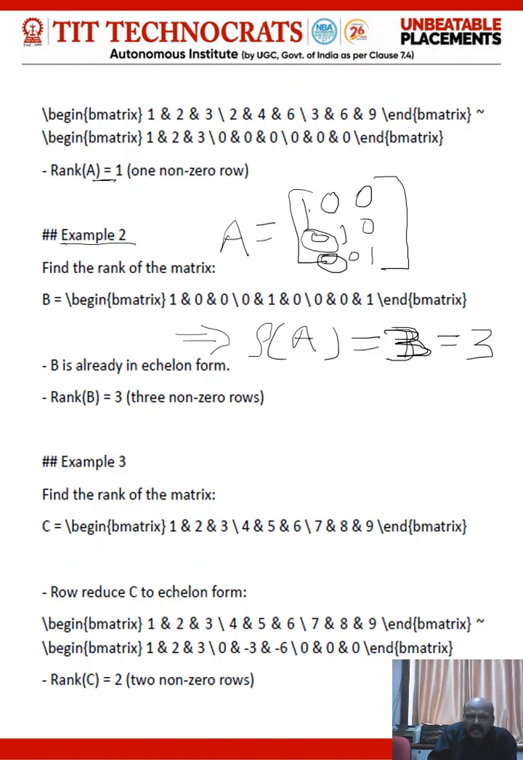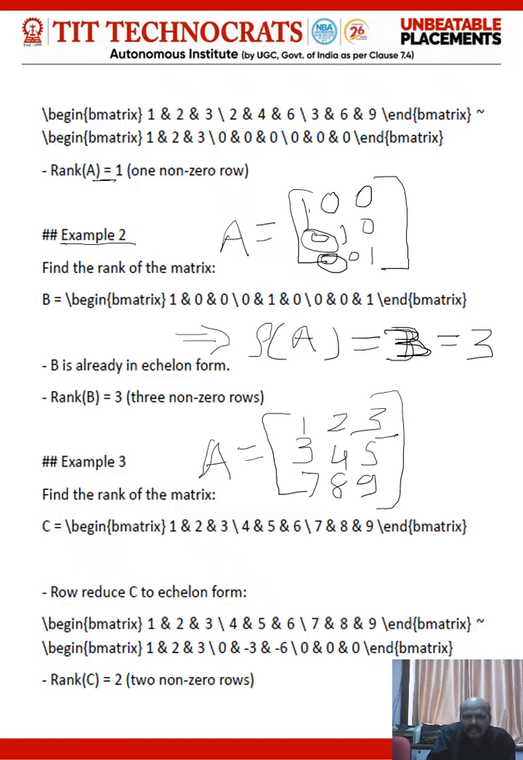एक और एग्जांपल देखें यहाँ पर, एग्जांपल नंबर 3। सो हियर मैट्रिक्स A इन एग्जांपल नंबर 3 इज रो वाइज देखें 1 2 3। दूसरी रो 3 4 5 की है, और तीसरी रो 7 8 9। ये 3x3 मैट्रिक्स है। अब देखें हम एलिमेंट्री रो ट्रांसफॉर्मेशन लगा रहे हैं।